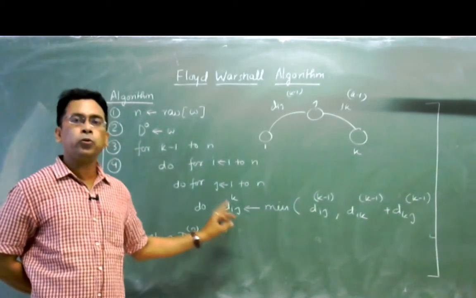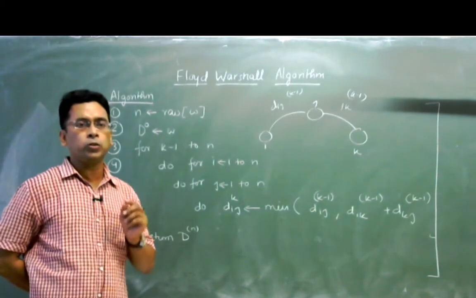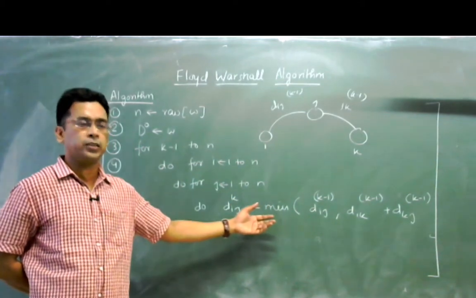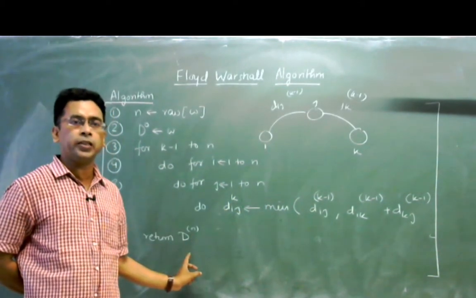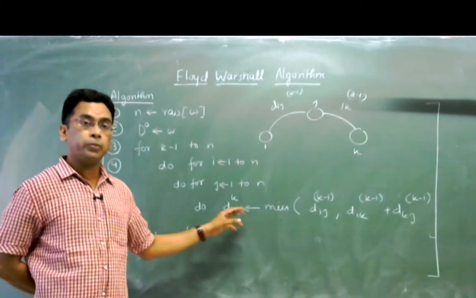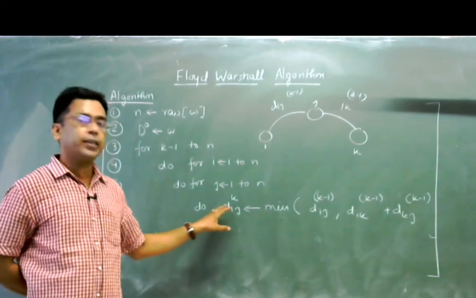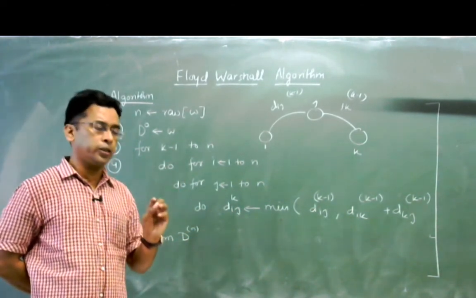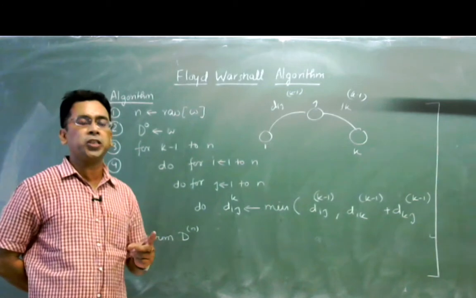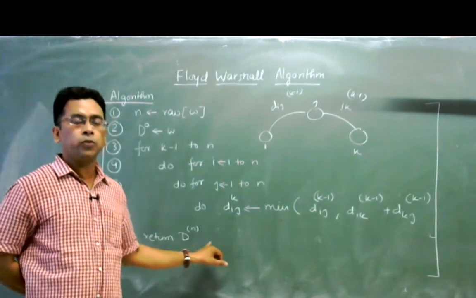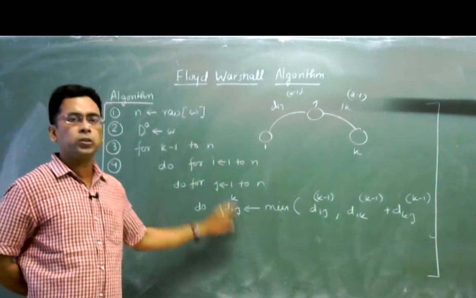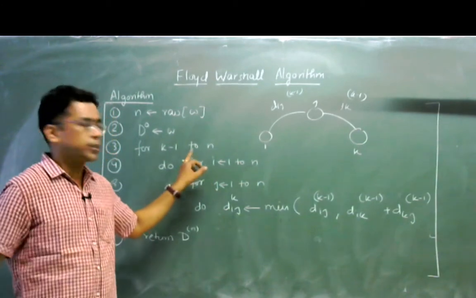For example, if you get the freedom to utilize vertex 1 as a free node and to explore new paths in the graph, then that final matrix will be called D1. After that, when you get permission to use 1 and 2 both, that will be the D2 matrix. Similarly, when you are free to use 1, 2, and 3, there will be D3, and you will repeat this procedure n times to get the final Dn matrix, which represents the all-pair shortest path.